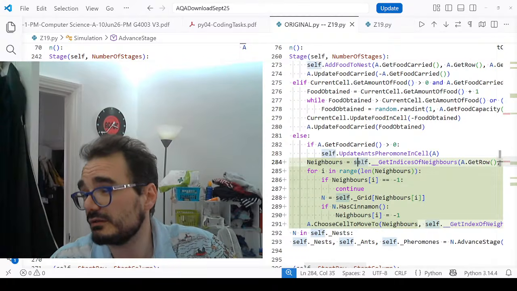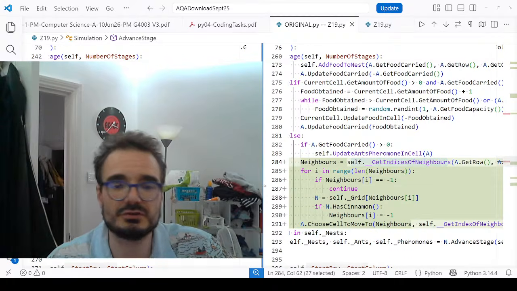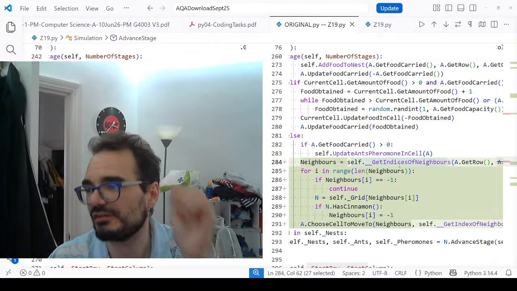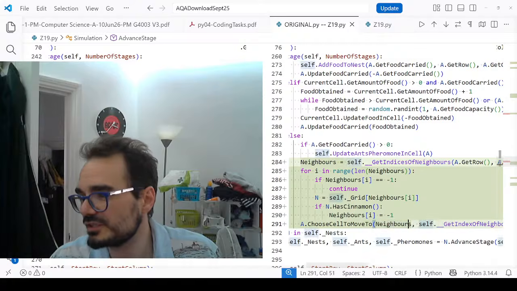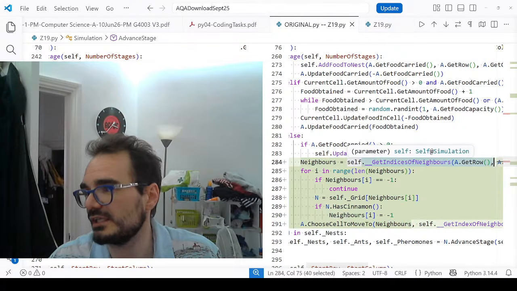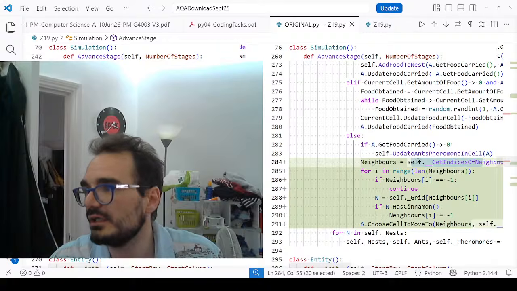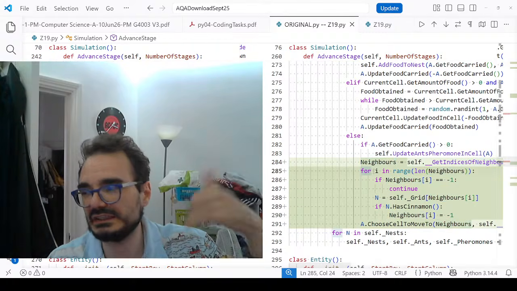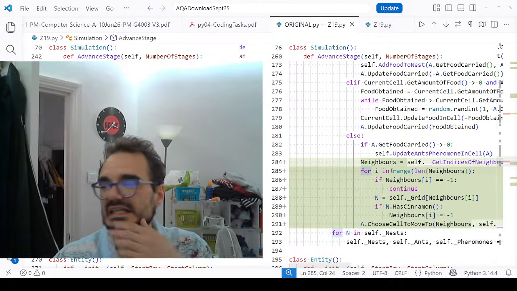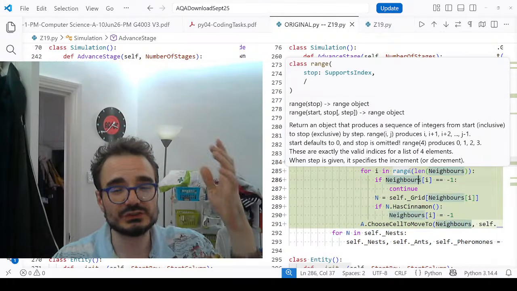So first, this used to live here, right? Kind of, you can't see the left-hand side of the diff, but this used to live here, kind of in choose cell to move to. The first argument used to be straight up this call to get indices of neighbors at this row and column. Now we chuck it into a neighbors variable, and we're going to iterate over it using an explicit integer iterator. We only want to look at the ones